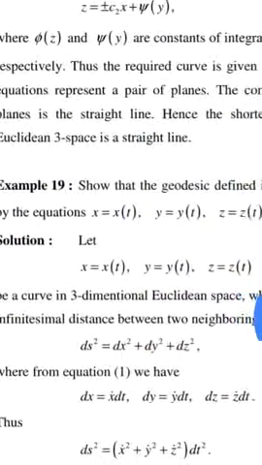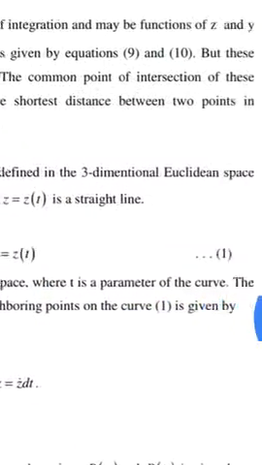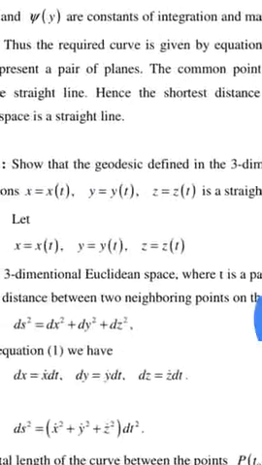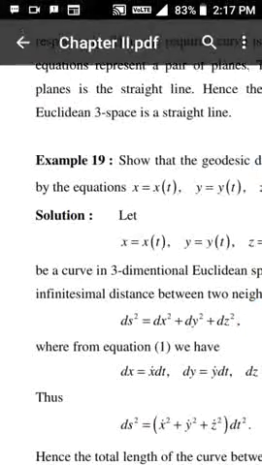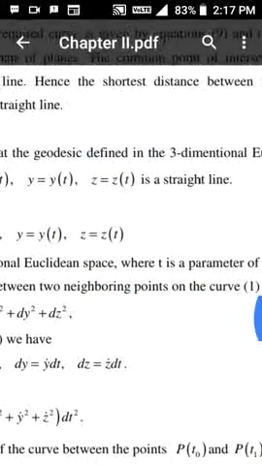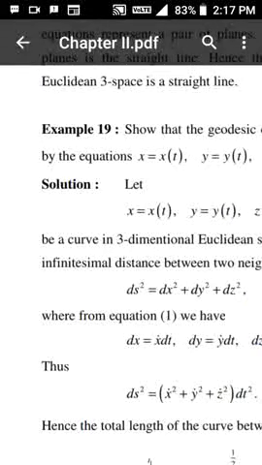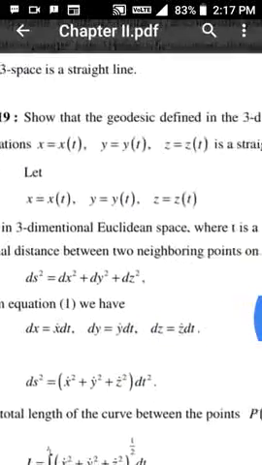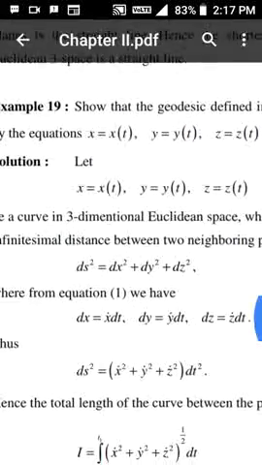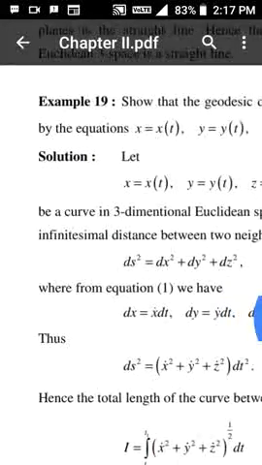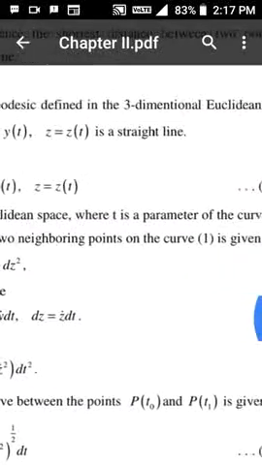Next example: show that the geodesic defined in the three-dimensional Euclidean space by the equations x equal to x of t, y equal to y of t, and z equal to z of t is a straight line. Let x equal to x of t, y equal to y of t, and z equal to z of t be a curve in three-dimensional Euclidean space, where t is the parameter